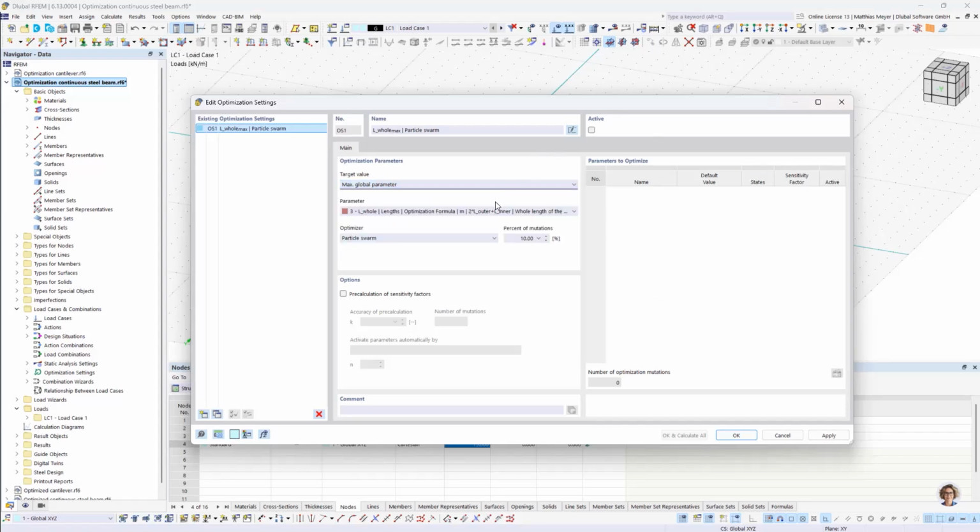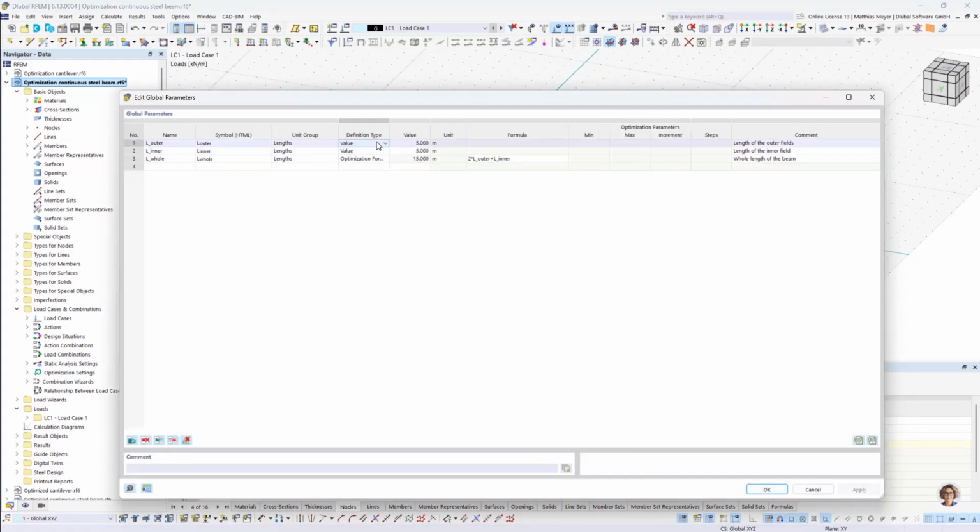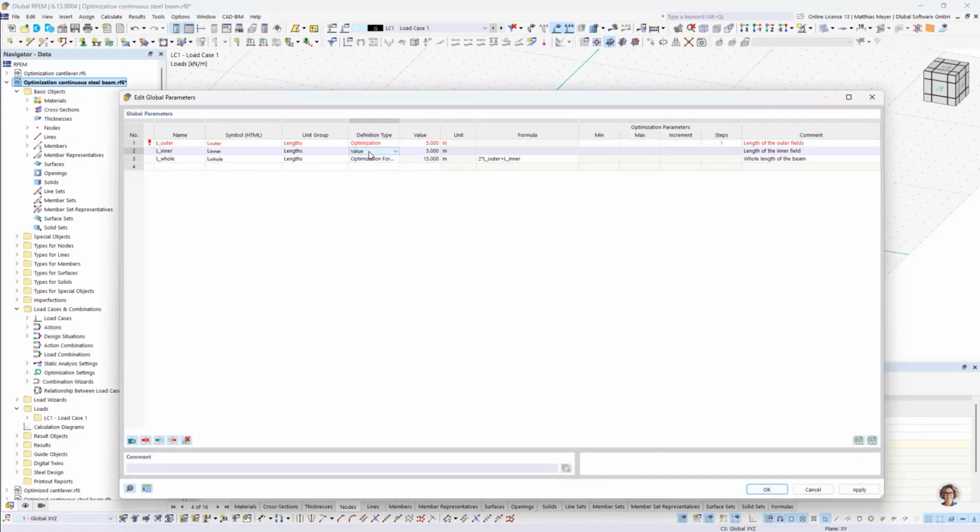Here we still have a problem because the parameters we need to change to optimize the whole length are not shown here. Why? Because we need to define them as optimization parameters. And for this, we also have to define a minimum and maximum